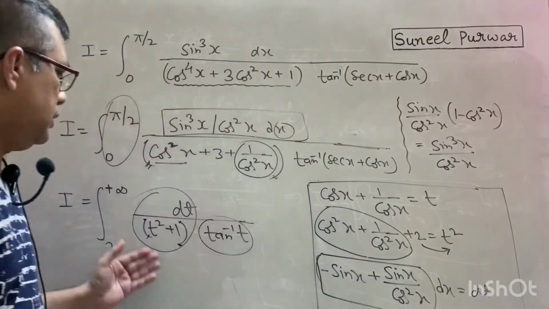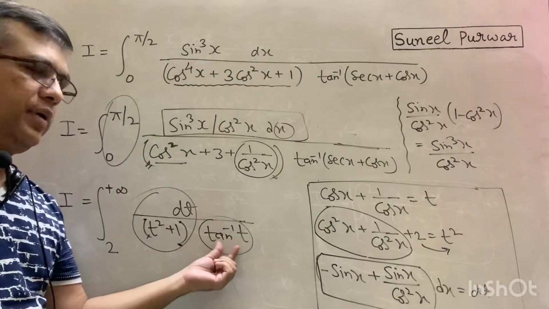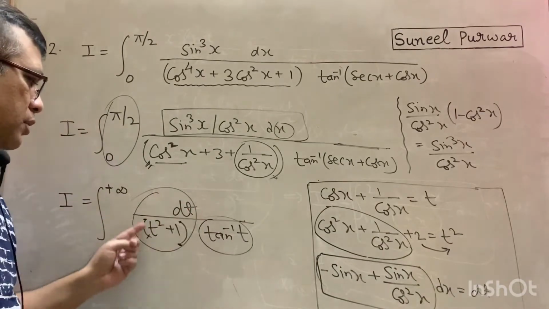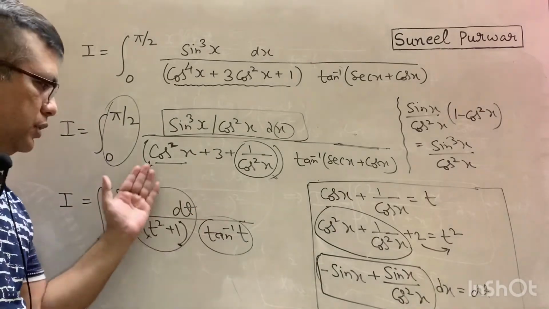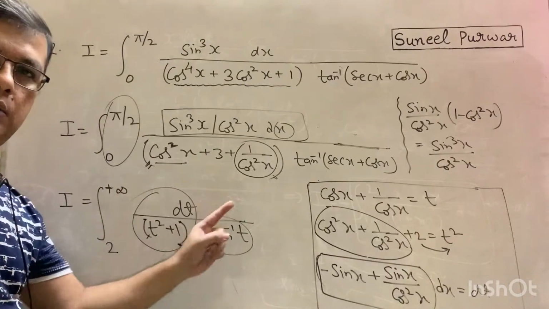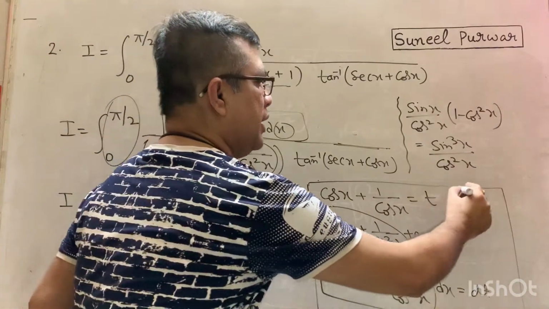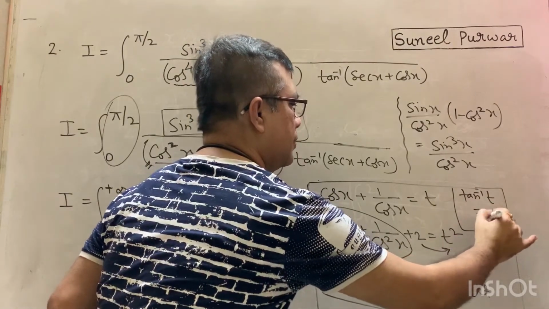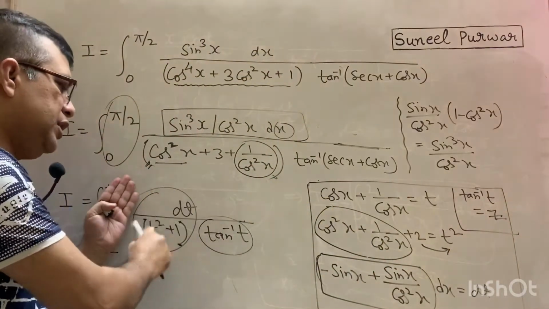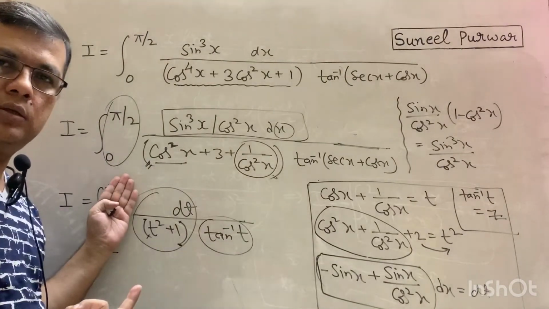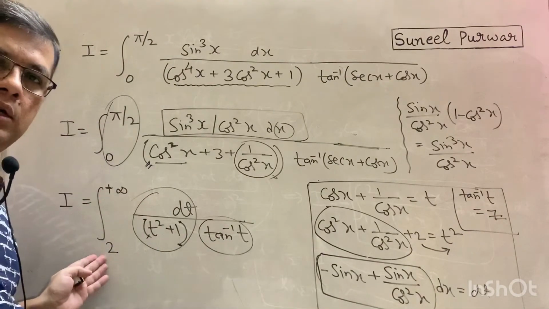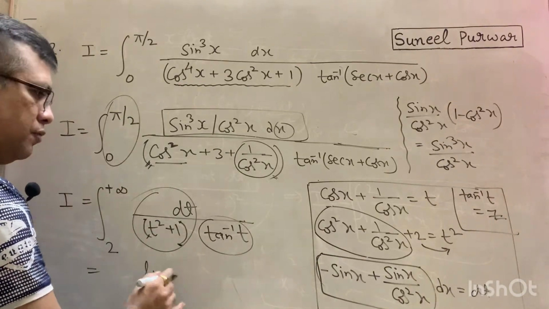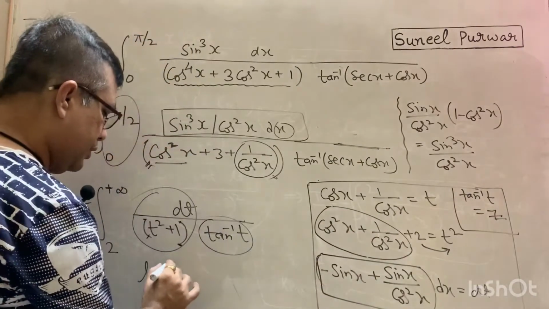Now this integral can be performed orally. In your mind you think tan inverse t as z. So dt upon 1 plus t square will become dz. So this whole thing becomes dz upon z. So take tan inverse of t as z and proceed. You will have dz upon z, whose integral will give you what? Ln z. So this integral value is nothing but ln of z. And what was z? Tan inverse of t.